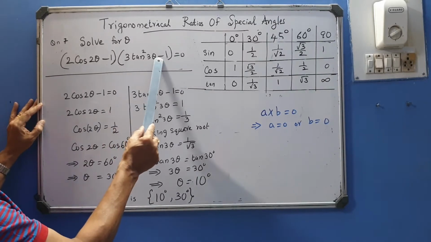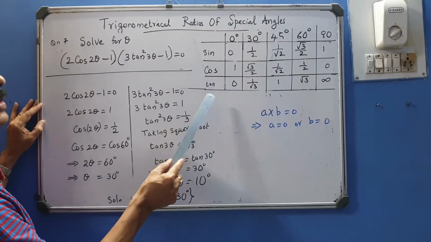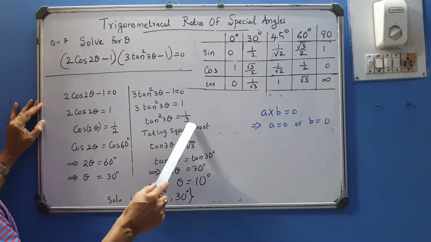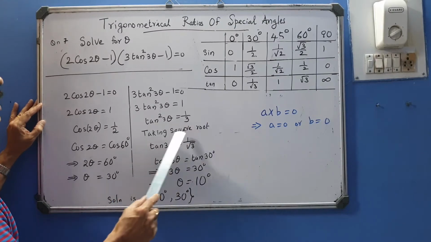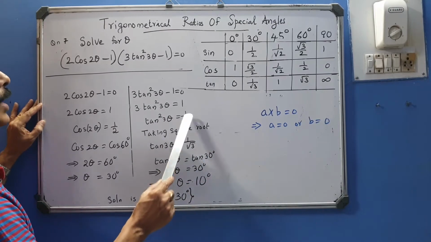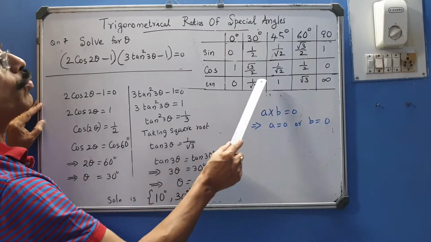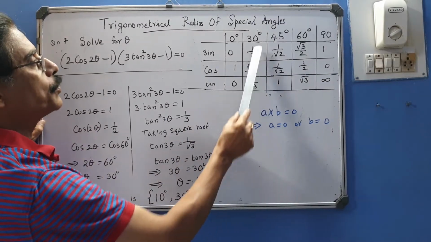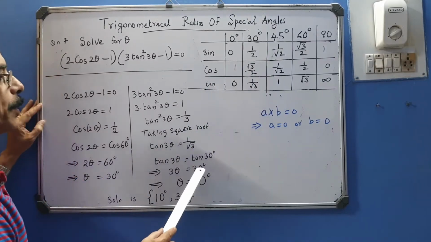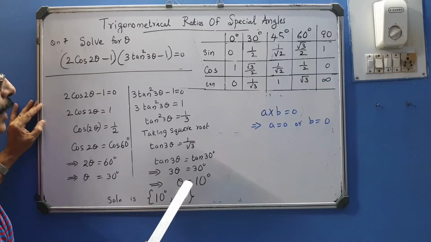Now look at the second part. This is the second part. 3 tan square 3 theta minus 1. Again take -1 to the other side. Get +1. Later 3 to the other side. So 1 upon 3. So tan square 3 theta is 1 upon 3. Because this is a square, we have to take square root on both sides. So tan 3 theta is root of 1, which is 1, upon root 3. Now the left side is tan. Search for the tan value that gives 1 by root 3. So 1 by root 3 is for tan 30. So this can be replaced by tan 30. So tan will get cut with the tan. So 3 theta is 30, theta is 10 degrees.